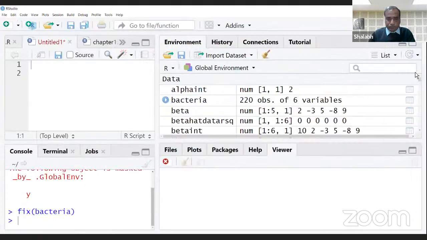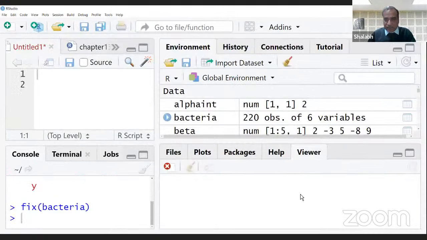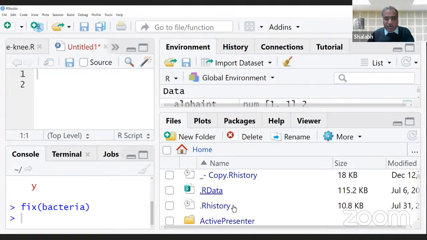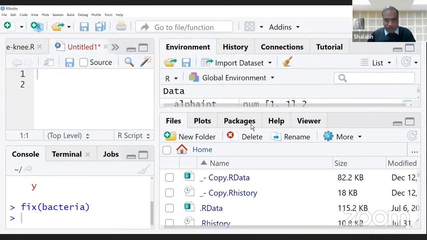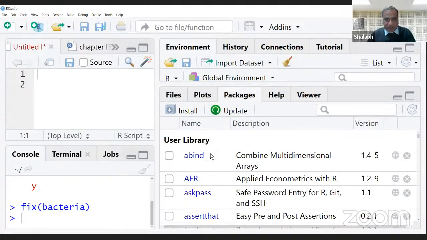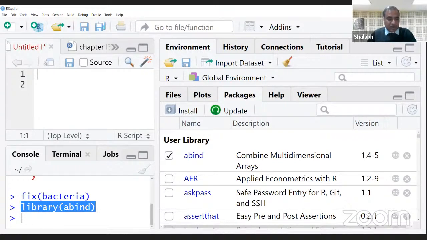Right. So you can see here, let's say files. This gives me the files in my working directory. And first, let me come to this part, packages. Suppose I want to use this package, abind. I simply have to put a check mark here, and you can see this is executed in window number 2,